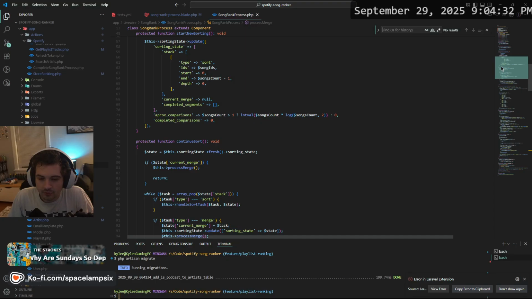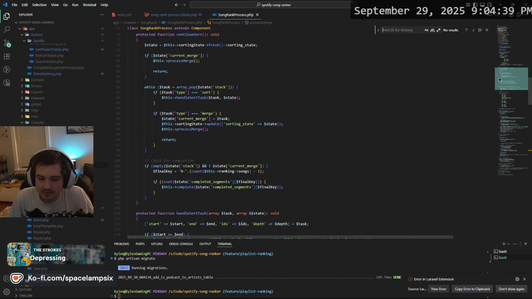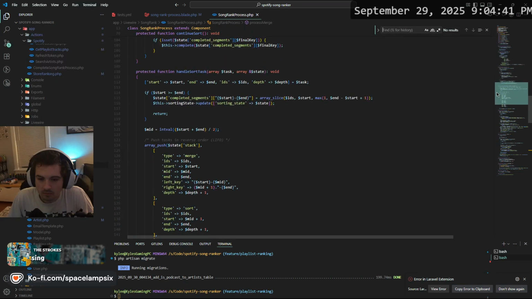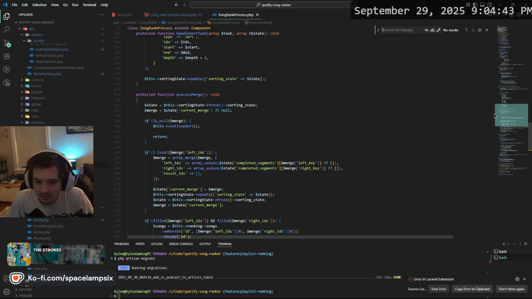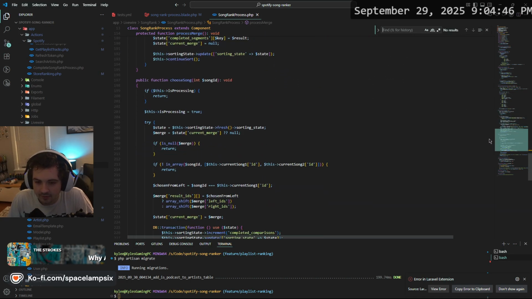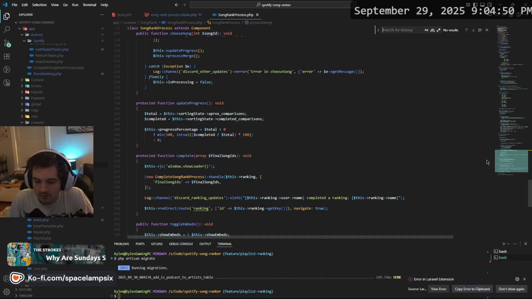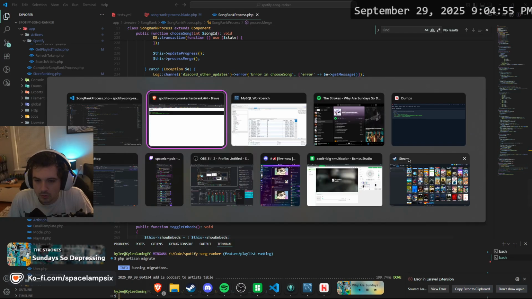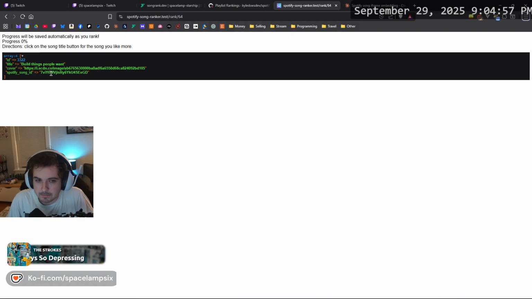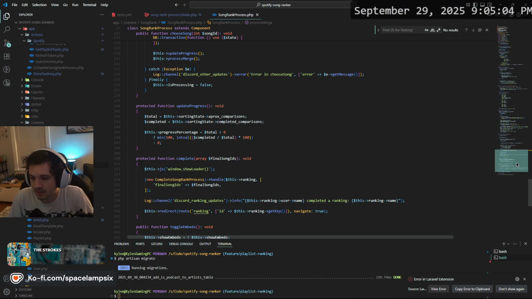Continue sort. Where is it mapping what it has? ID, title, cover, Spotify song ID. Where is it mapping that?